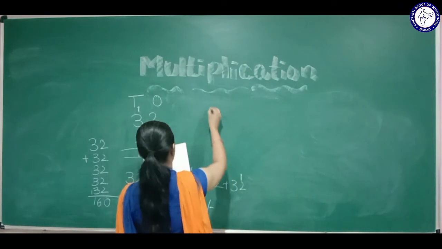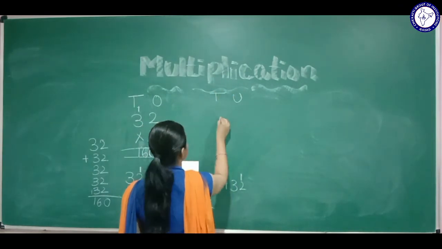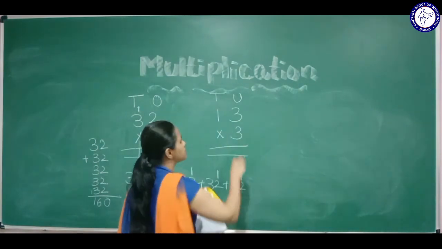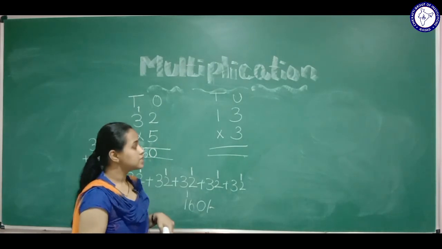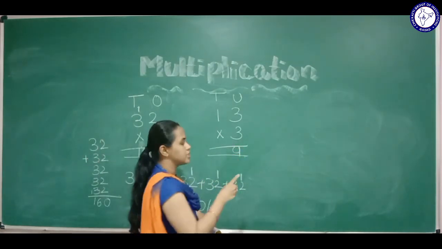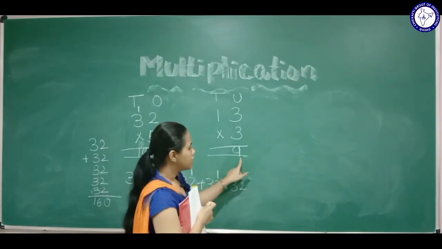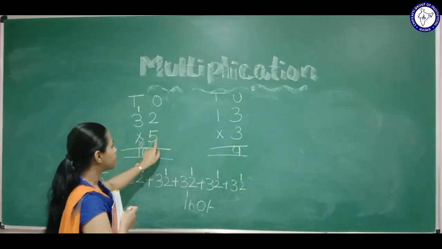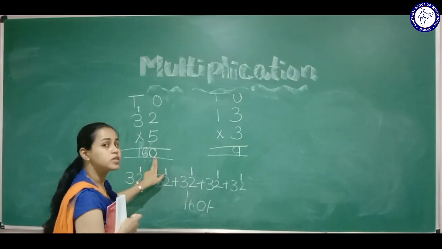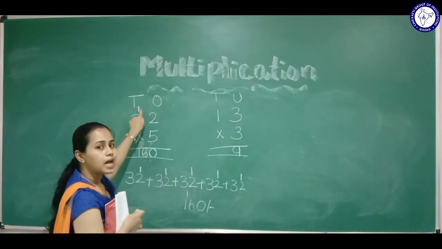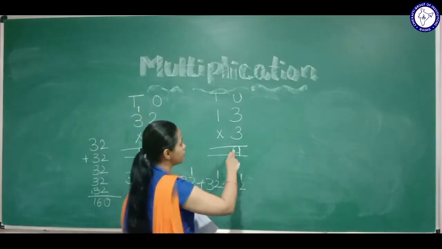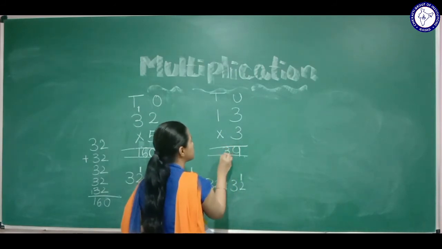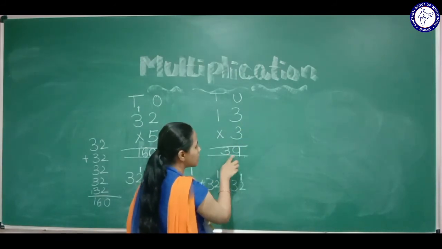So here I'll do one more. Tens, unit. Okay, 13 into 3 here. 3 1s are 3, 3 2s are 6, 3 3s are 9. There is no carry here. There is only a single digit number, so we can keep it directly here. Here it's a 2-digit number, right? So we got 10 here. 5 into 2 is 10, where we kept 0 here and 1 we kept as carry, right? So here 3 into 3 is 9. 3 1s are 3. So 13 3s are 39, right?